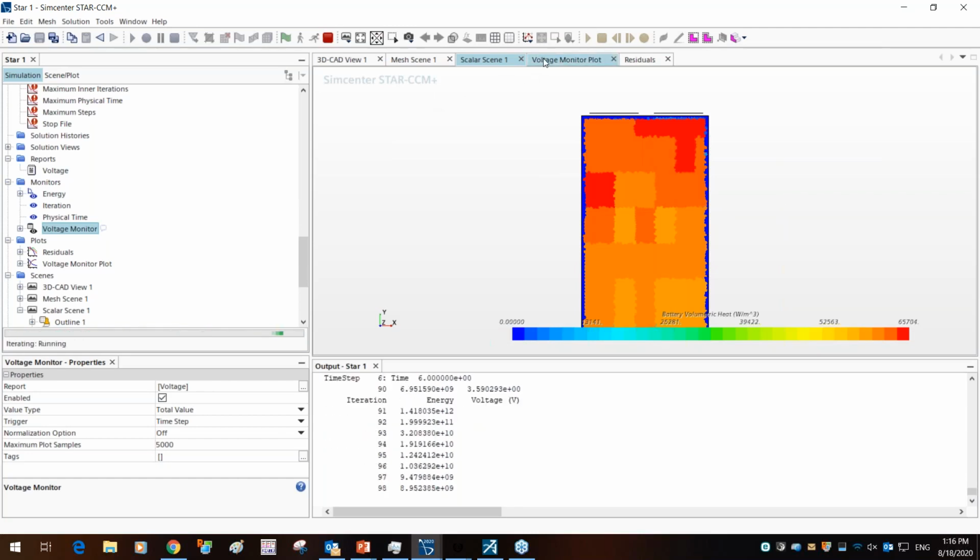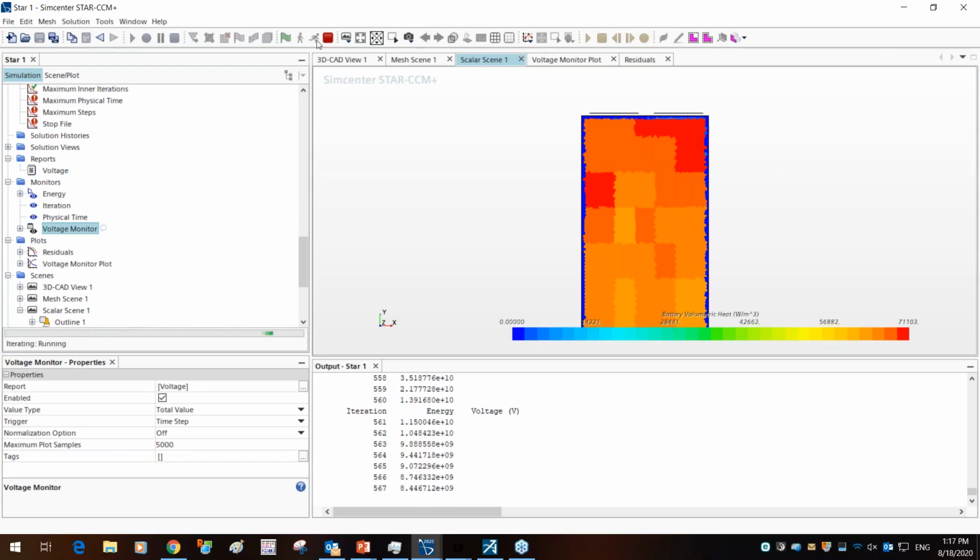updated in real time. One thing you'll notice from this plot is that the temperatures are much higher next to the tabs, as expected. So essentially, this is a quick and easy method of running a full battery simulation within less than 20 minutes. We're able to create a battery file, import it into StarCCM+, use that battery simulation file to then generate a whole circuit model and test essentially the performance of the battery in a discharge cycle.